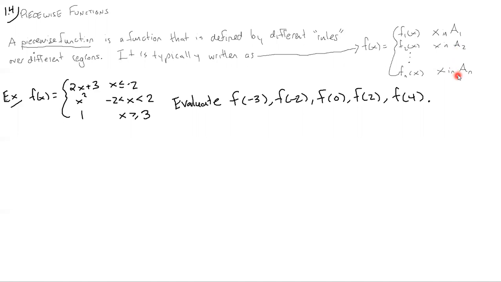These regions on the right are typically intervals, as you can see in the example that I've given below. Sometimes they'll be just a set point, but really the only restriction is that they should be sets. They should specifically be sets of real numbers. So maybe I'll write that down. And something else that you want to be mindful of